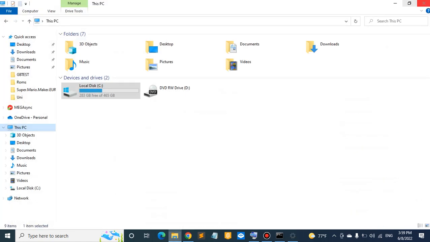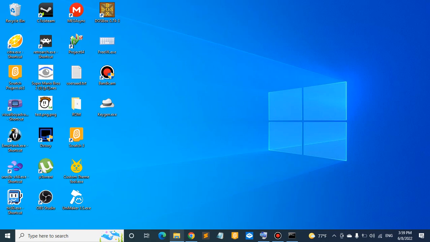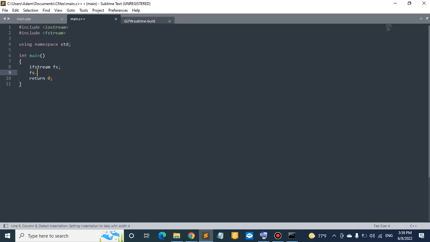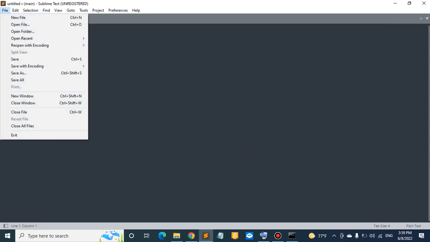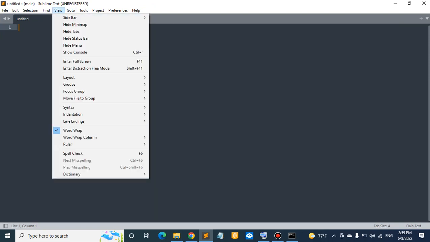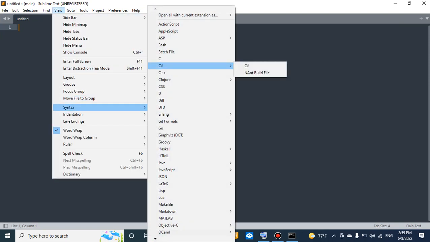Now that we have that done, the next thing we need is an IDE. There are many IDEs out there, but the one I prefer is Sublime Text. You can use anything, you could even use Notepad if you want, but I highly doubt anyone will use it anyways. The next thing you want to do is click on New File,